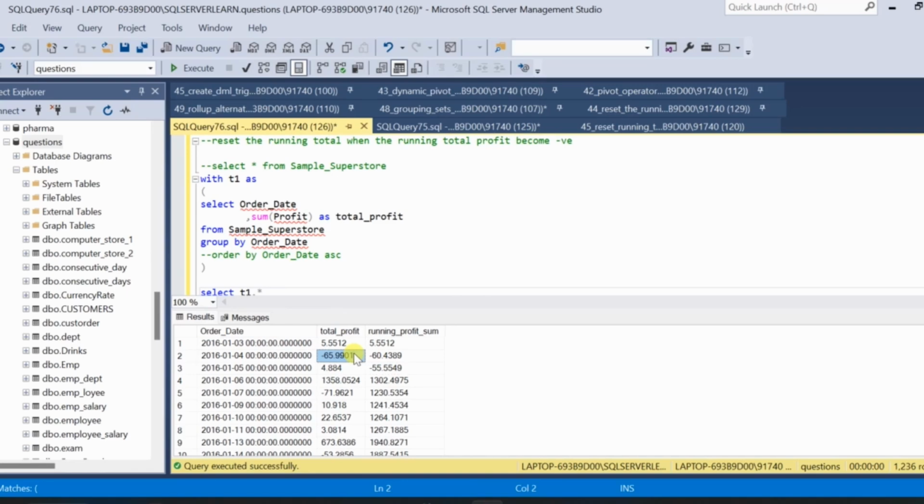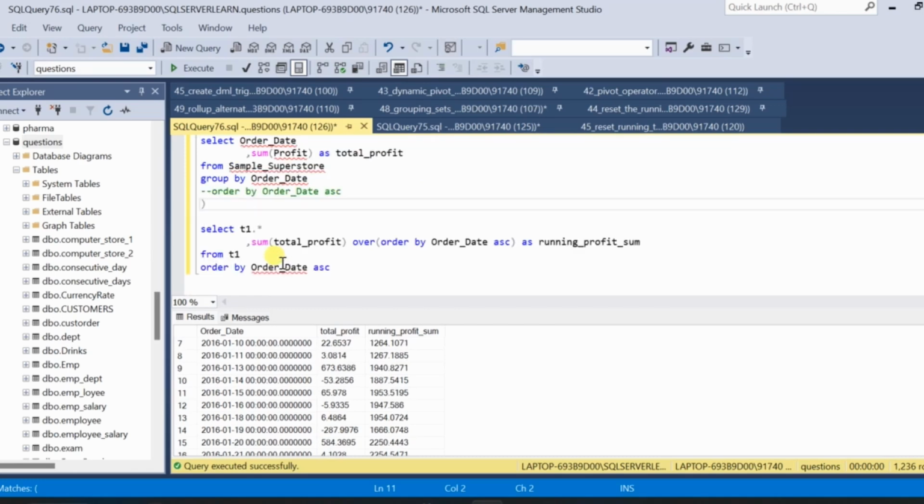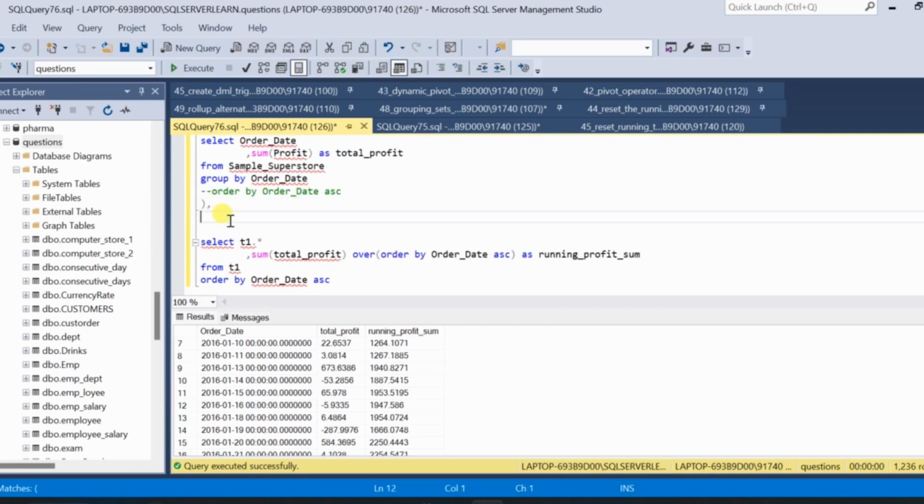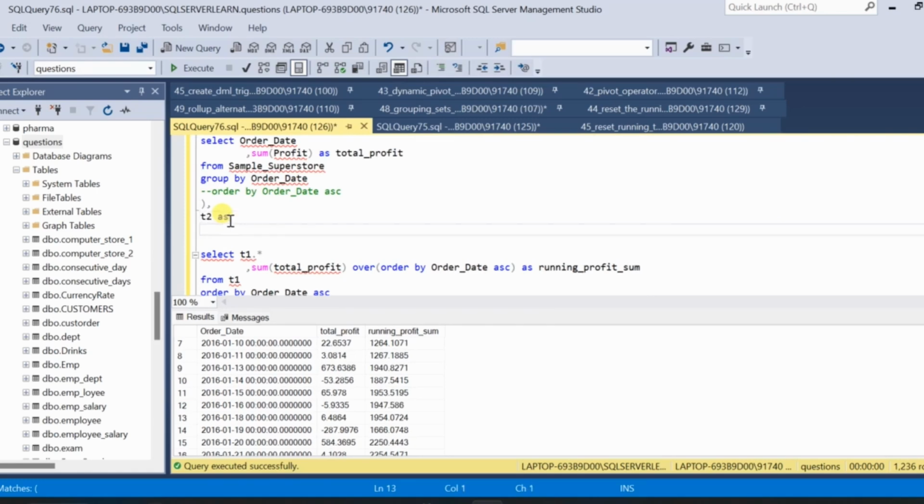So we are going to use a case statement and create a flag, based on which we will create a partition and then a running sum of the total profit column. So we will put this query inside a CTE. The name will be T2 as